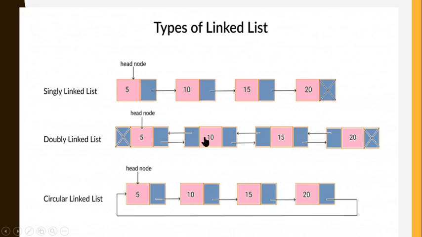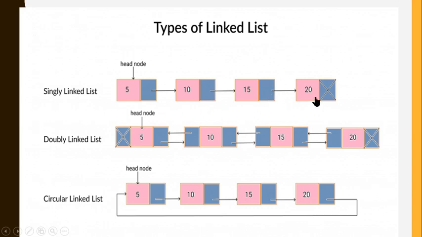Likewise, for the second node, the 15 address is going to be stored here and the 10 address is going to be stored in this slot. And again data, and here the 20 address is going to be stored in this slot and the 15 address in this particular slot. And here the data, and at the last we don't have any other nodes to continue, so I'm keeping this partition as null.